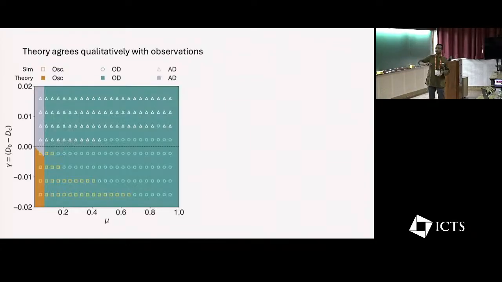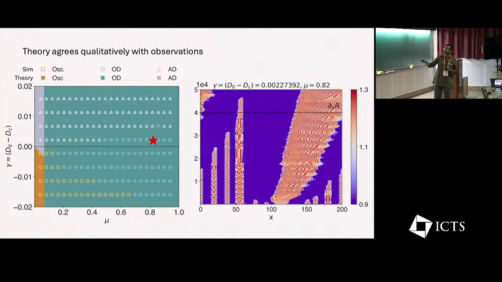So we basically took this theory and asked what else can it predict? One of the unique things that it predicted was that if you are right in this region where you are not supposed to get any oscillation, our theory predicts that if you increase the mechanochemical feedback, it will eventually give rise to this kind of coexistence between oscillation and oscillation death. And when we explored the region over there, we found that that is exactly what is happening. Whenever you don't have any mechanochemical feedback, there is no oscillation, but the moment you turn it on, you start getting a behavior like this.